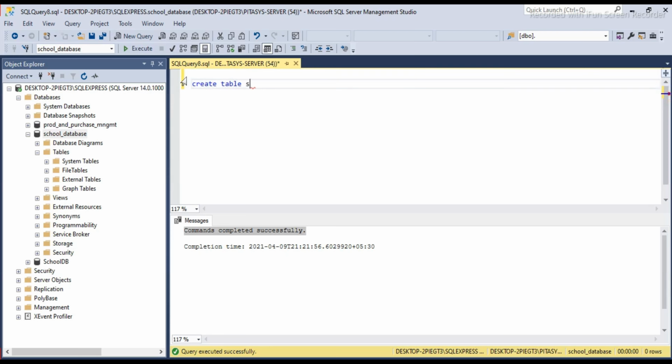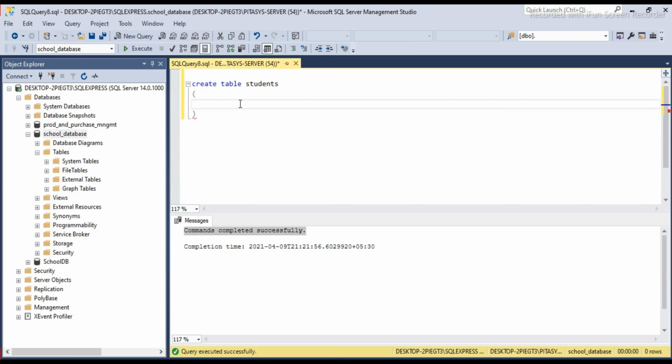Suppose we are going to create a student table, say students. Now this is the syntax of the create table command. Create table students. This is our table name that we have to specify. We can keep our table name as per our requirement.